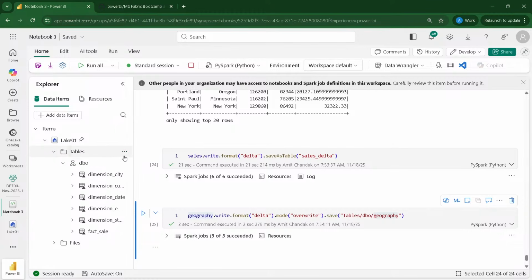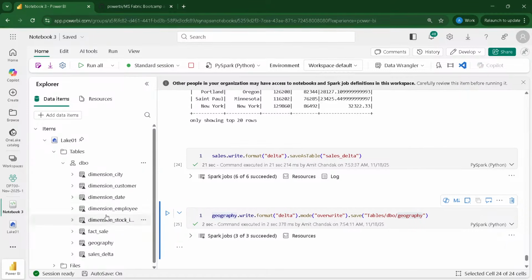So both are saved. Now I can go ahead and refresh the tables or refresh the schemas. I can see both the tables here. There are some additional commands. If you look at the blogs, you can explore, and especially how to look at history is also something you should be learning. So if you run some update statement and you want to look back at the history, you should also try it out. Now this is PySpark, but we have a very strong engine of Spark SQL also.